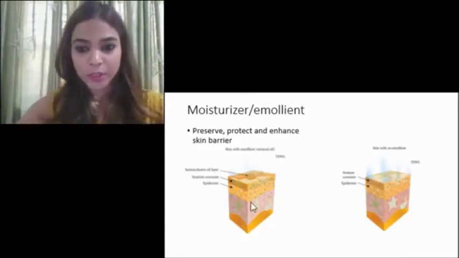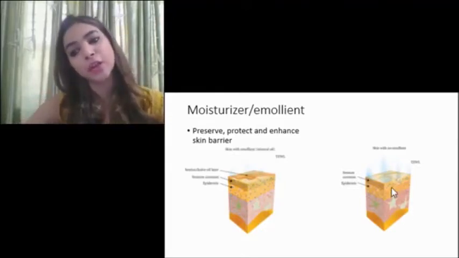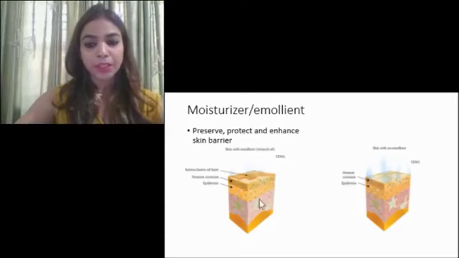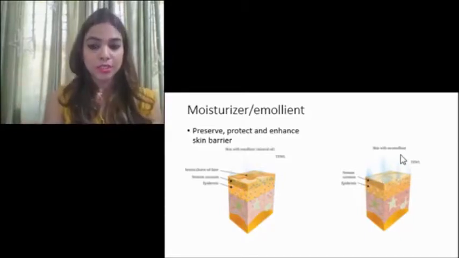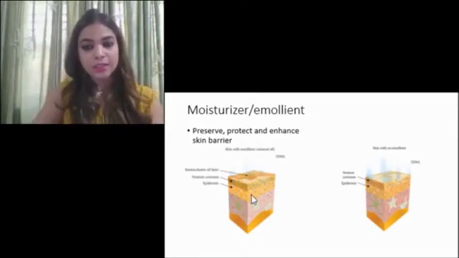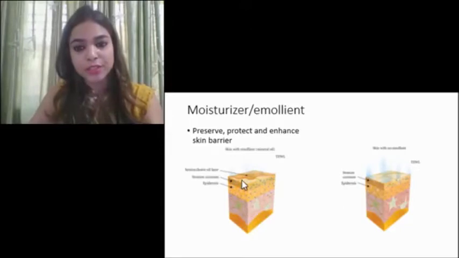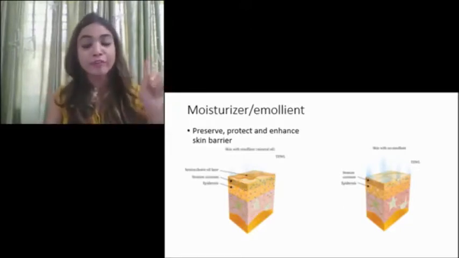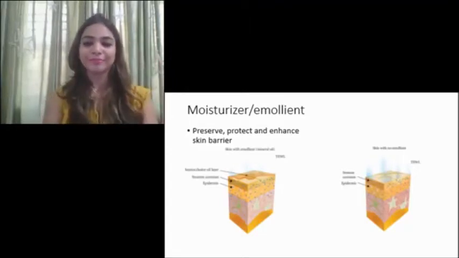Yes. If you look at this picture, the first picture is baby skin with oil on top, and the second picture is skin without oil. The first picture shows that there is less evaporation of water, whereas in the second picture there is more evaporation of water, so more water loss. If you put oil on the skin, one thing is it will prevent the loss of water. Second thing, some of the moisturizers contain humectants. These humectants take the water from below the skin into the upper part of the skin and keep it moisturized. So if you use a moisturizer, you can preserve, protect, and enhance the skin barrier of your child.